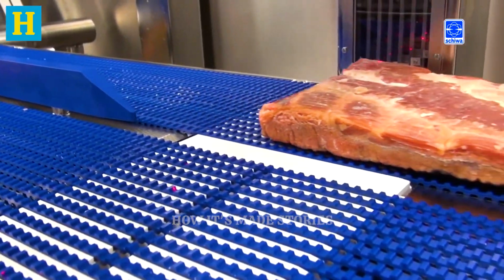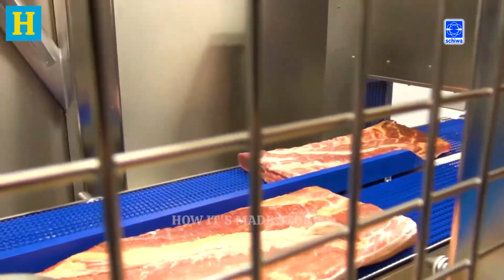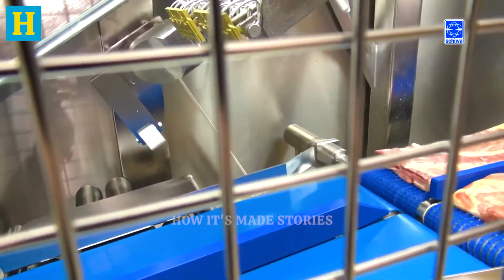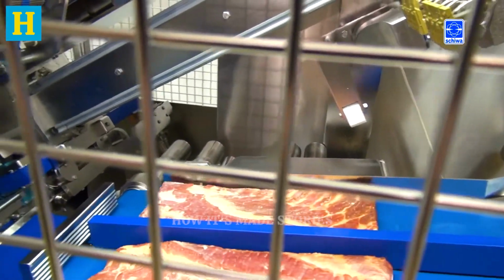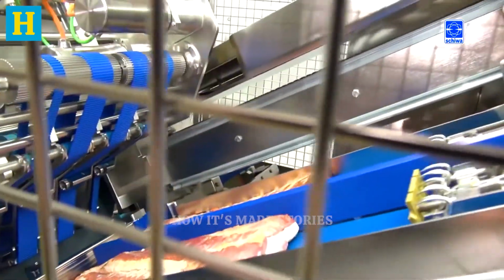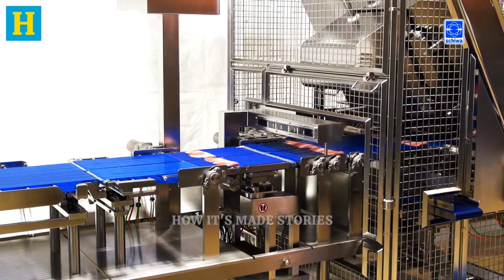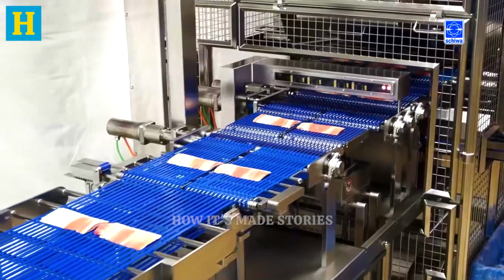The machine operates with dual spindles, providing high-speed slicing with remarkable accuracy. This ensures every slice is consistent, not only in size but also in thickness. Maintaining this uniformity is crucial for cooking purposes, allowing consumers to cook bacon slices evenly and achieve the perfect balance of crispiness and texture. To maintain quality, the machine is equipped with sensors and control systems that constantly monitor the